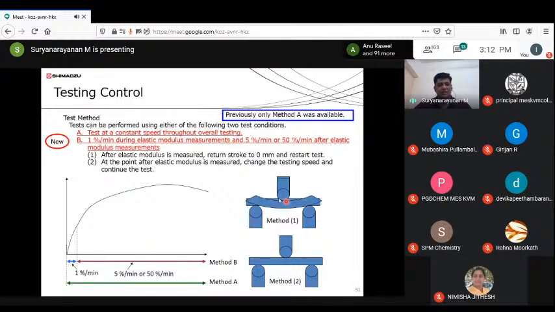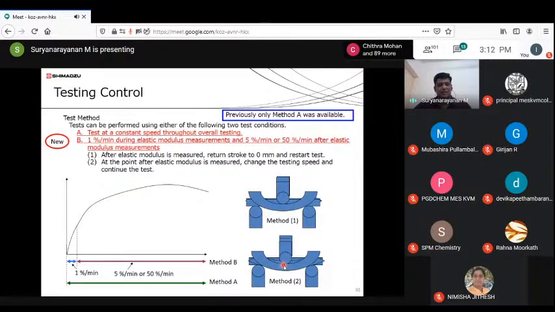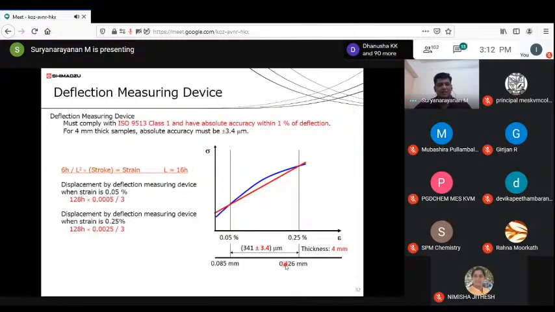Now we can see this is method A, where the sample is tested in a very uniform manner with speed, and it comes back. And finally, it goes down for the overall testing. In method B, we have 1% per minute in the elastic modulus measurement, and again continuing to 5% or 50% after the elastic modulus measurement. For this, we require